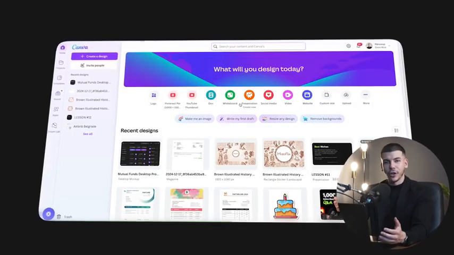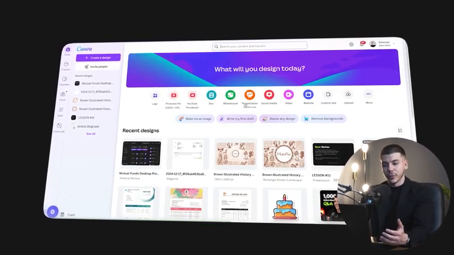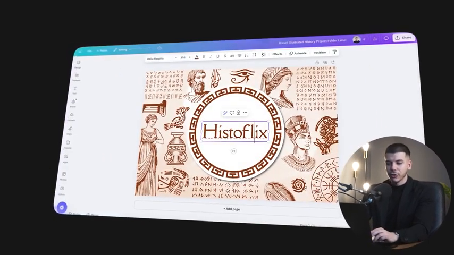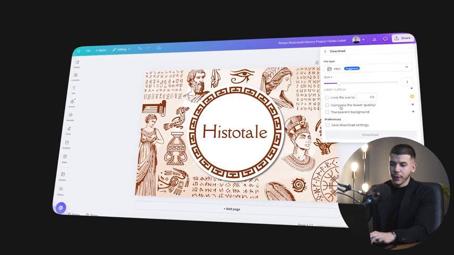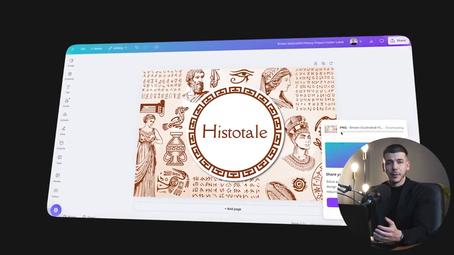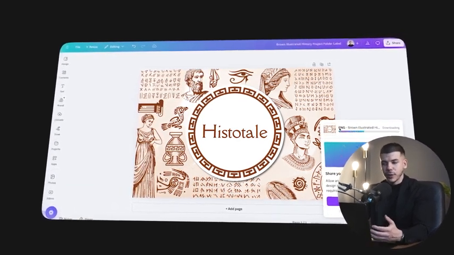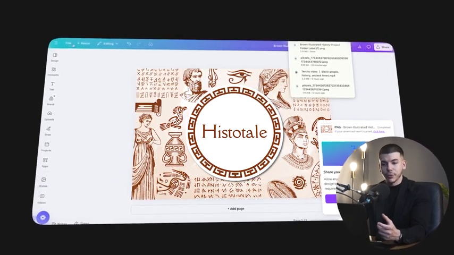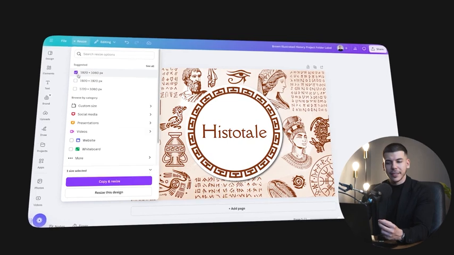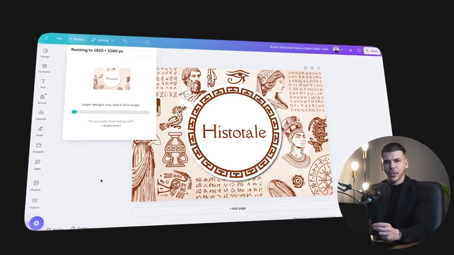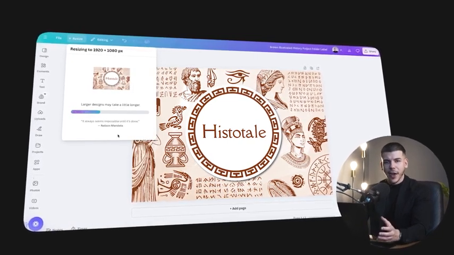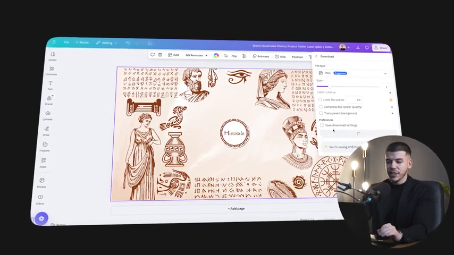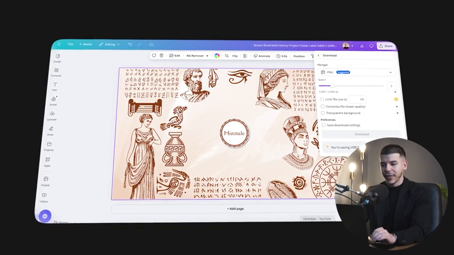Now, to create a logo and channel art, you can just go over to canva.com, which is this free AI tool, and you can select some of the templates that are available over there, and you can just change the text, then click share, click download, and download as PNG file, and this can be your logo, your profile picture. But even more importantly, once you do that, you will also need some channel art or banner image for your YouTube channel, so just click resize and select 1920 by 1080p and just click copy and resize. Now, as you do that, you also want to make changes. Click share, click download as a PNG file, and as you do that, go back to your YouTube channel and